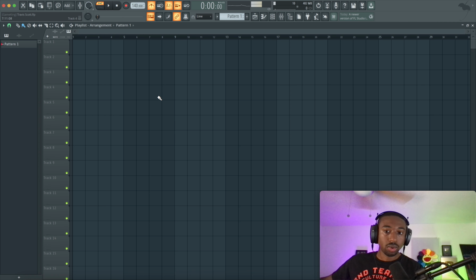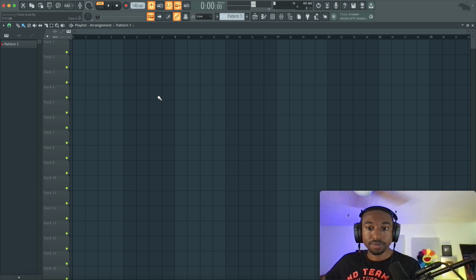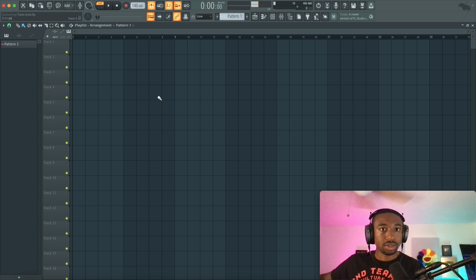The cool thing about Travis Scott is you can get started in his style using two chords. We're using a minor chord. I'm using my Prophet 6 for the sound right now. It's a Sequential, or Dave Smith, Prophet 6, RIP. And then I'm going to use a suspended second chord.